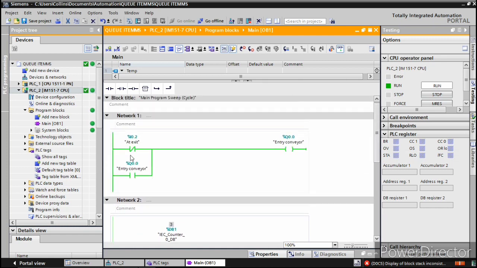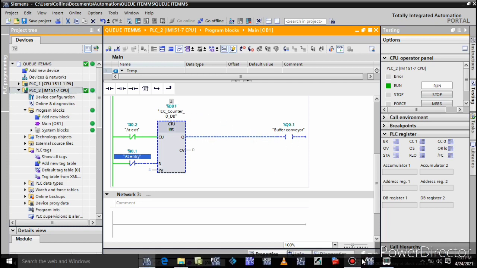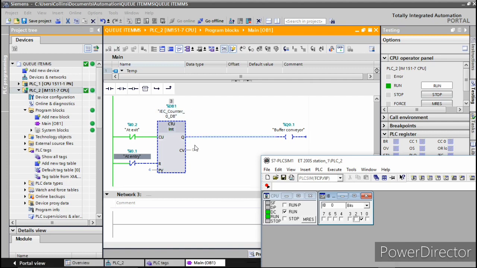So on the counter, each time we have a close or open signal from the input sensor, the counter will keep rising. It will keep counting 1, 2, 3, and once it is 4, then the second conveyor will start. So this is what we have here, the address 1. So once I put it off and I put it on, the address 2 rather, you see the counter is moving right now. Keep watching the counter and you can see what happened to the buffer conveyor,